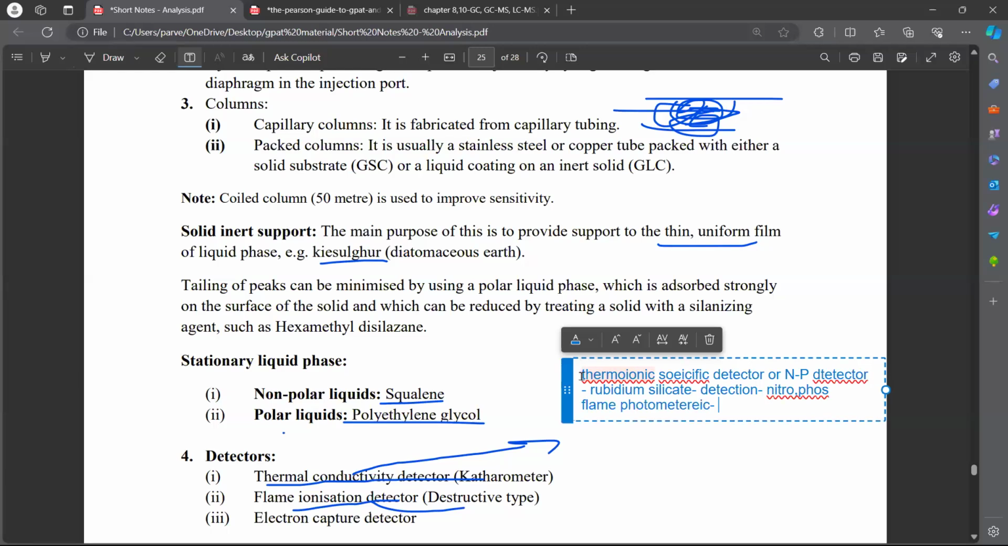Flame photometric detector, and it is used for the detection of sulfur and phosphorus. Sulfur, phosphorus, tin, boron, arsenic, selenium, etc. Next one is the photoionization detector,